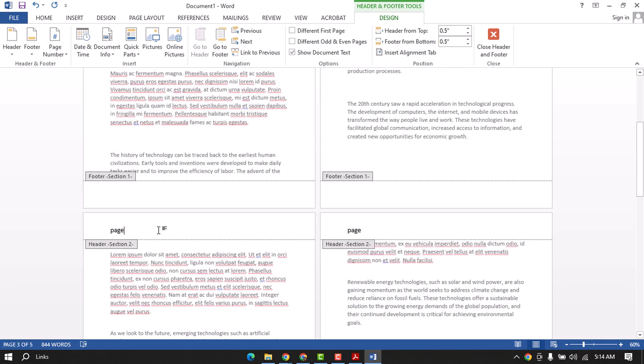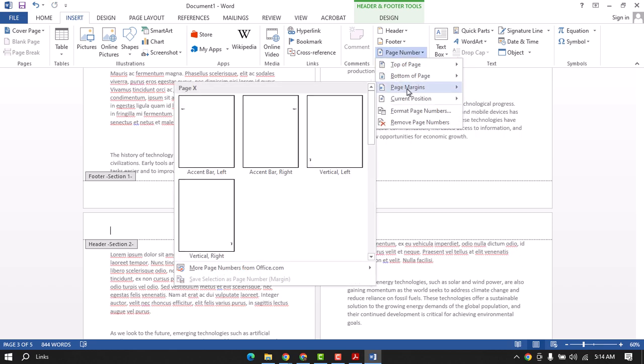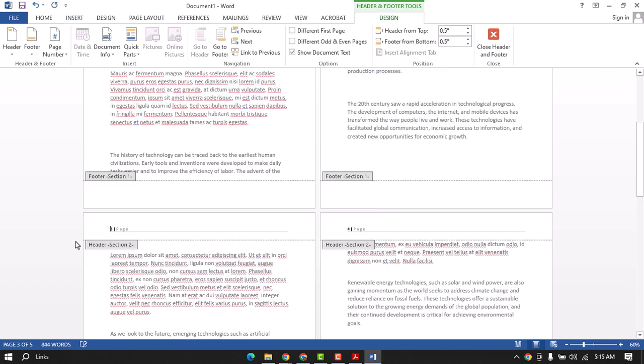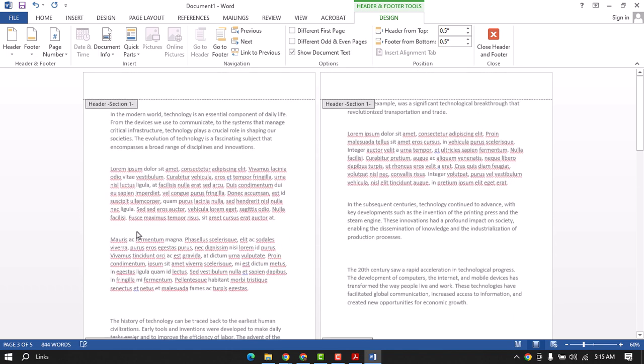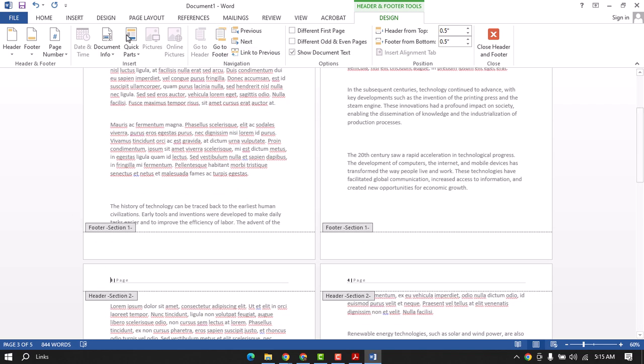Now it is ready to mark as page number 1. Go to Insert. Here you can see an option, Page Number, in the header and footer section. Click on it. I want to add my page number at the top of the page, and choosing this one, as you can see, it is showing page number 3. For that, we have to